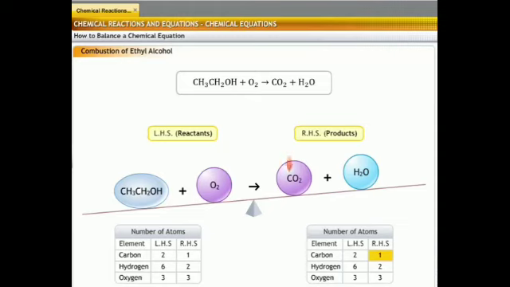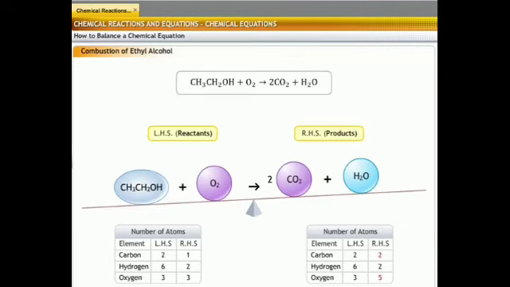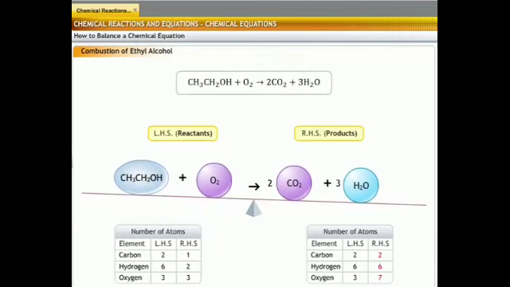How to balance? On the left hand side it is already 2, on the right hand side it is only 1. So we put 2 in front of the CO2 molecule. So the number of carbon atoms on the right hand side will be 2, and on the left hand side it is already 2. Now the number of hydrogen atoms is not balanced. On the left hand side it is 6, on the right hand side it is 2. So we put 3 in front of H2O. In that case 3 times 2, 3 twos are 6, so hydrogen atoms are 6.